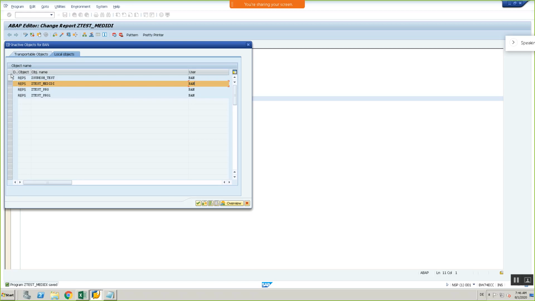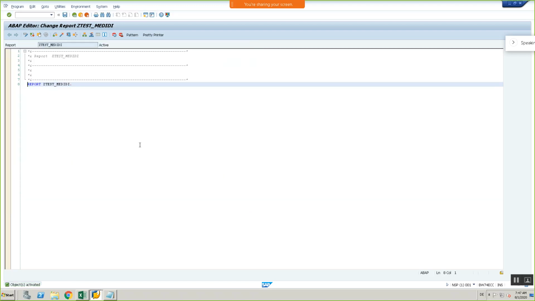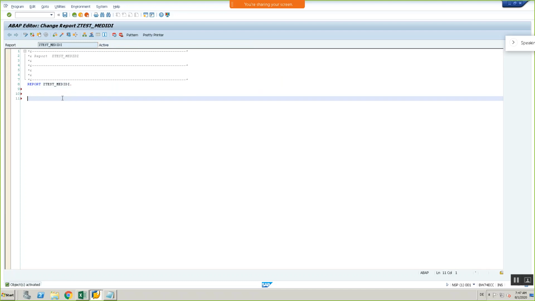If you select any other, that program will also try to activate, and if it has some errors, then you have to correct those in order to activate it. So don't select any other. By default our program will be selected. Keep it like this only, and then click on the tick mark. See, now it changed to active mode. Whenever you press enter or do some writing, trying to code, automatically it comes back to the inactive state. Or when you try to save something, the program again comes to inactive. By activating it, it goes to the active state again.